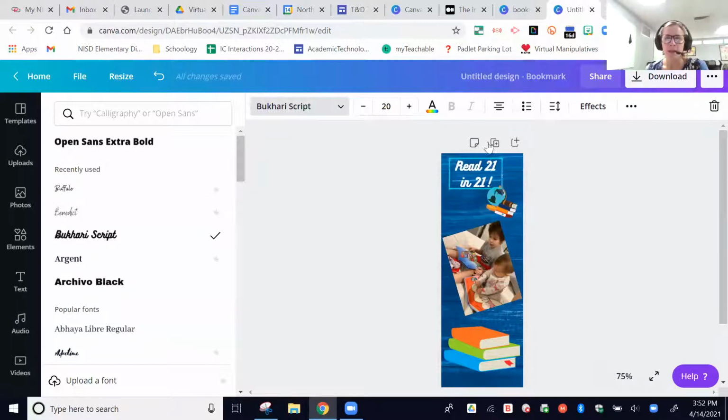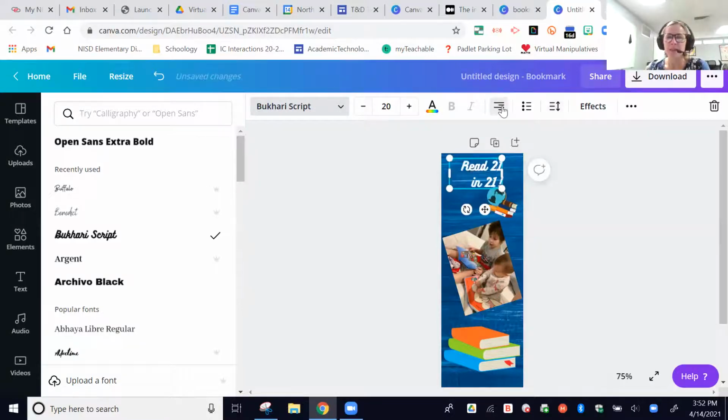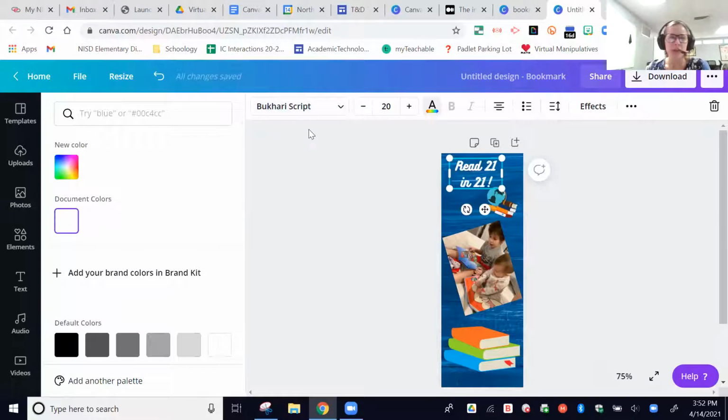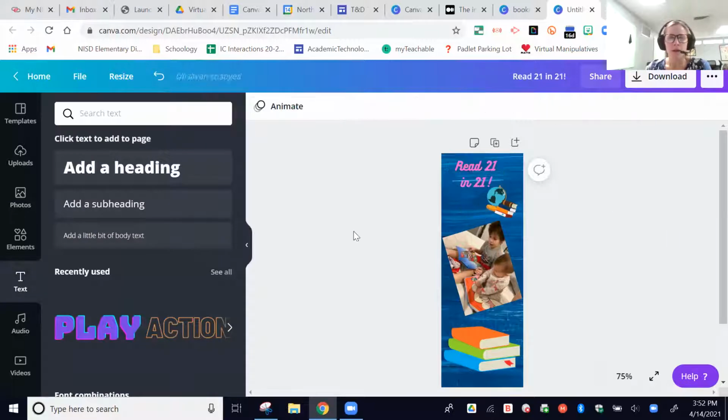You can get really in depth with your design by changing alignments and changing the height of the letters and all of that. So some of you might be really into design. I can change the color here. All right, you get the idea there. I'm going to show you one other thing in the elements that I wanted to share with you,